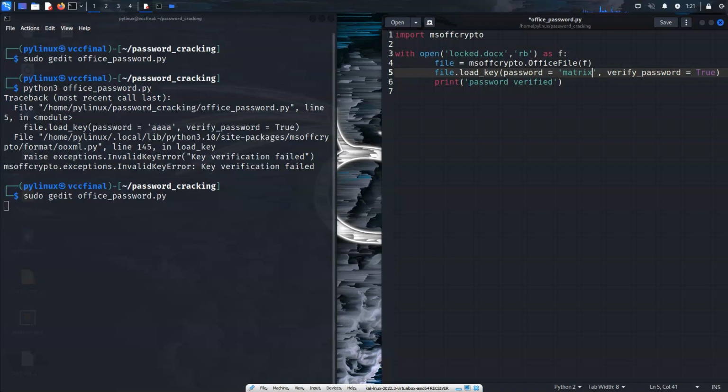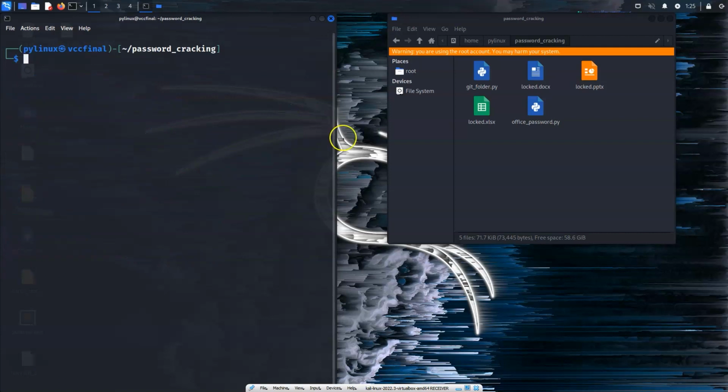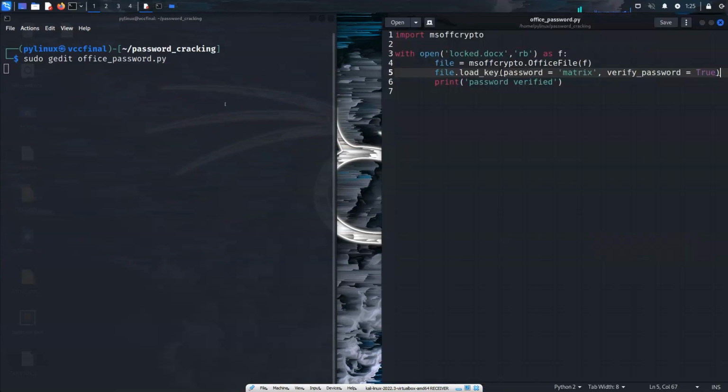So if this thing works, then, well, Control X, Control Save, Control Q. If this works, we should actually get password verified. Okay, that's brilliant. Now let's think about what we can do to make this a lot more user-friendly, a lot